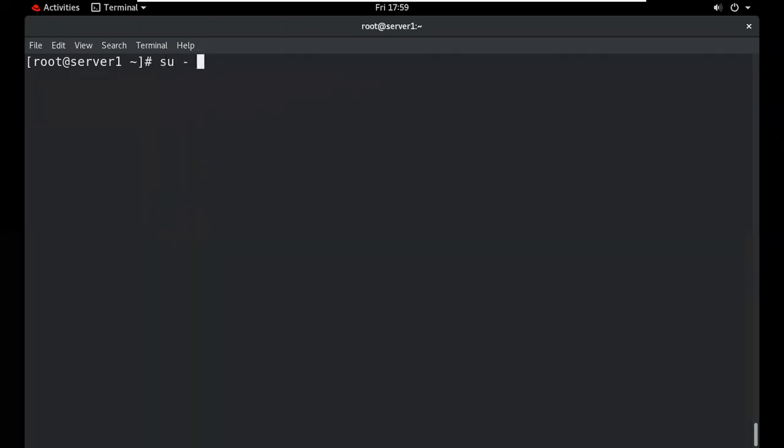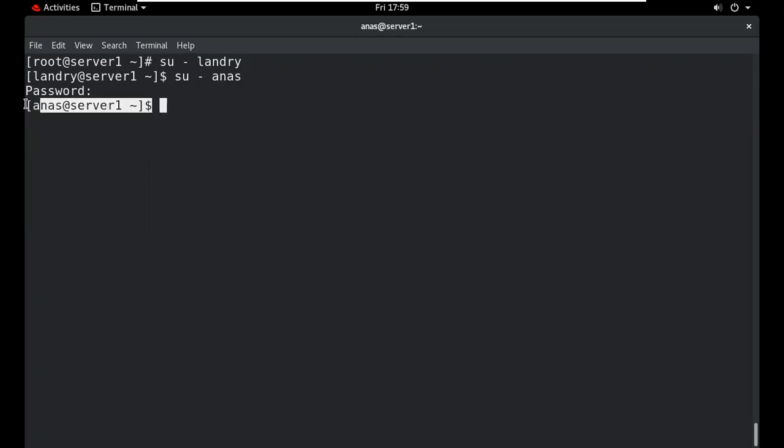Su hyphen, this is my user, and this is my other user, and this is my password. I have typed the password, so we can log in to this user also, and this user also.